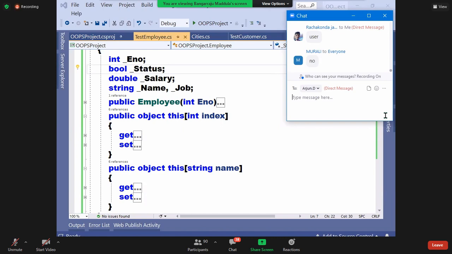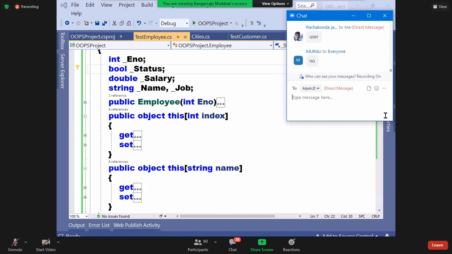But for columns also we can define indexers. But columns can be accessed with names also. Column has a name. So in that scenario, properties can be defined. You have a limitation for the number of columns, but do you have a limitation for the number of rows in a table? In SQL Server, the number of columns a table can contain is 1024. You can't exceed that. But you don't have a restriction for the number of rows in your table. Remember that.